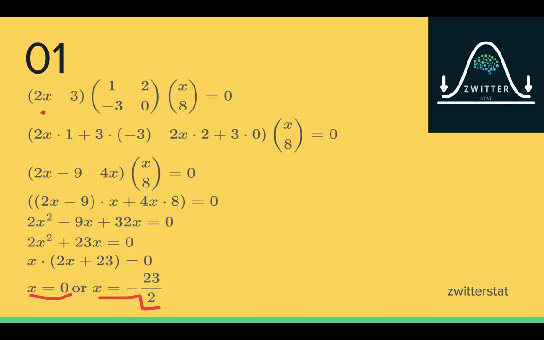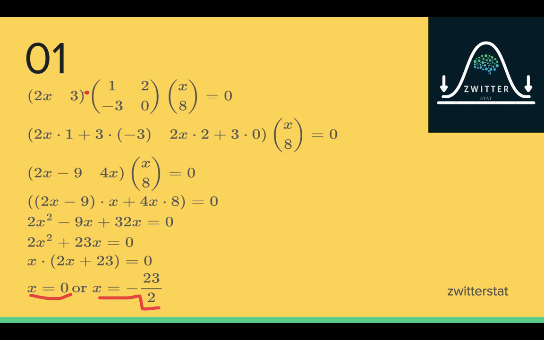So see over here, we have our row matrix and the square matrix. So we'll do matrix multiplication. It is a 1 cross 2 matrix and it is a 2 cross 2 matrix. So when this row gets multiplied with this column, we will get the first element of our resultant matrix. Now the dimensions of the resultant matrix is given by the number of rows in the first matrix and the number of columns in the second matrix. So the number of rows in the first matrix is 1 and the number of columns in the second matrix is 2. So my resultant matrix will be a 1 cross 2 matrix, right?